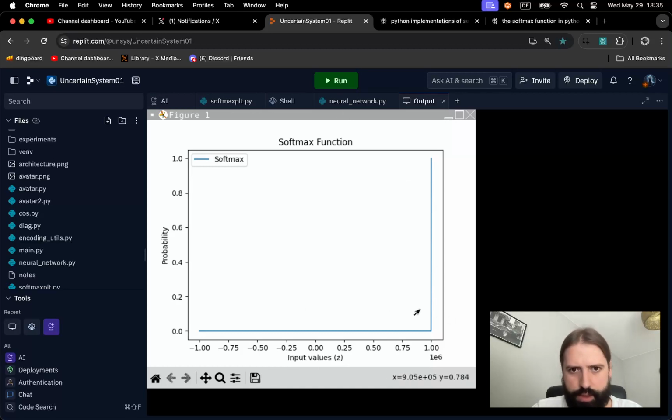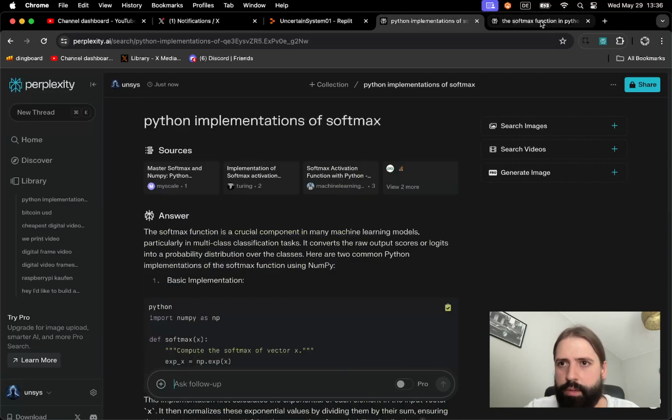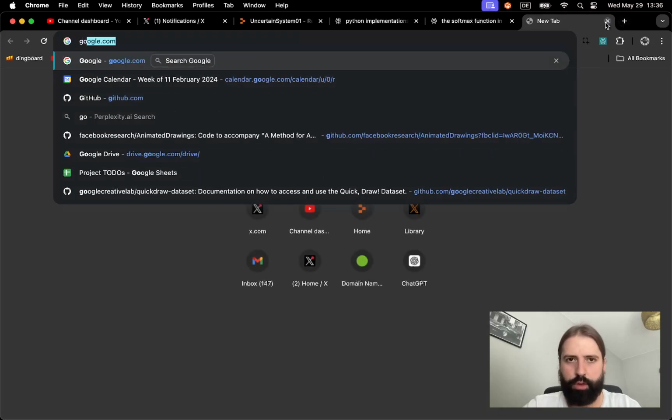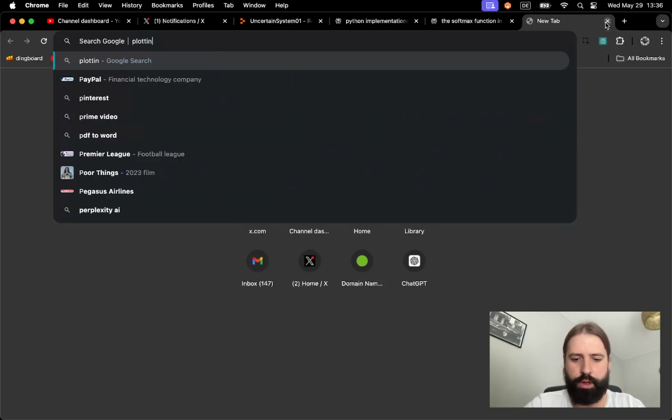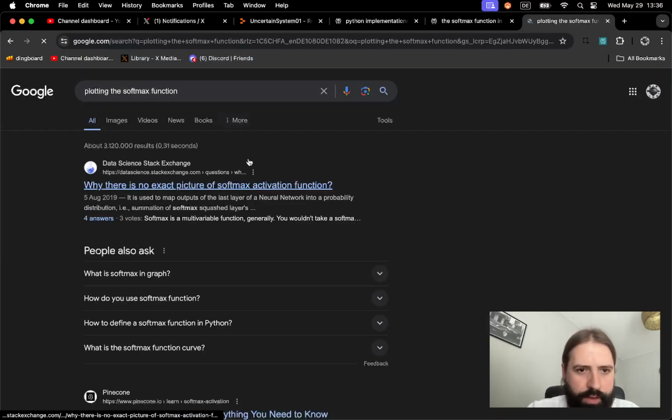I'm very confused because it just goes against my understanding of plotting the softmax function. Let's just go to Google. I mean, plotting the softmax function, because Perplexity is giving me